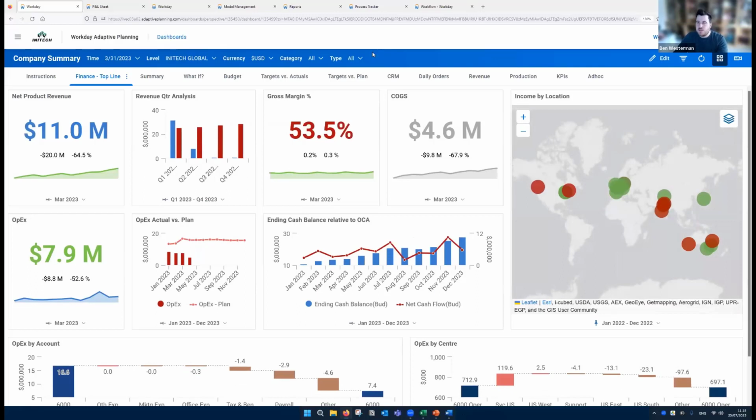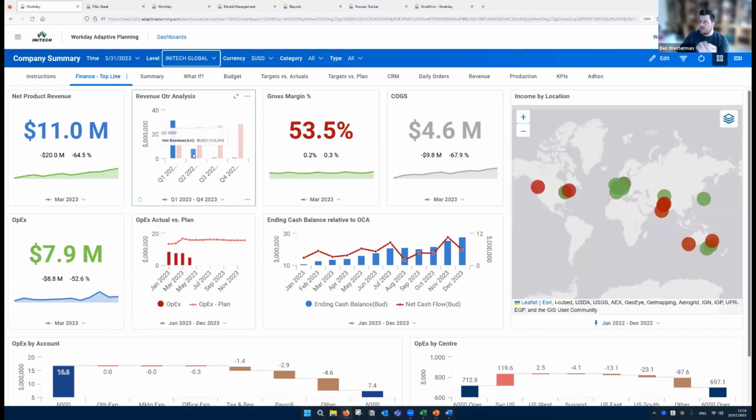And there's quite a lot of stuff you can do in here. I could talk for hours about this, but I'll show you one key thing. If I want to analyze this data at a detailed level, I don't need to go to a separate dashboard to try and find that level of analysis. I can just go straight from my summary view. So looking at this revenue quarter analysis, I can see that my actual revenue for quarter 2 was about 7.9